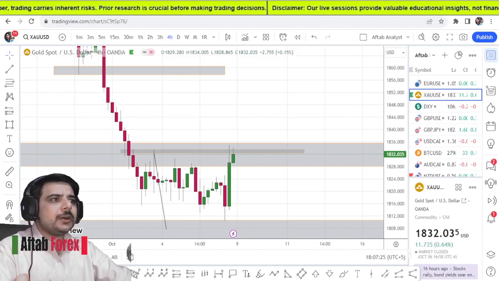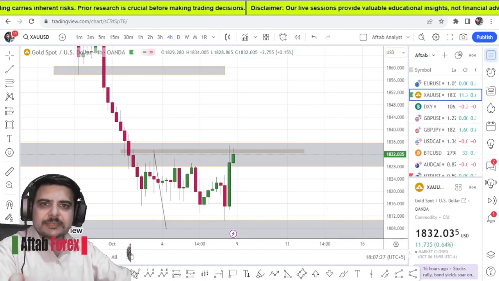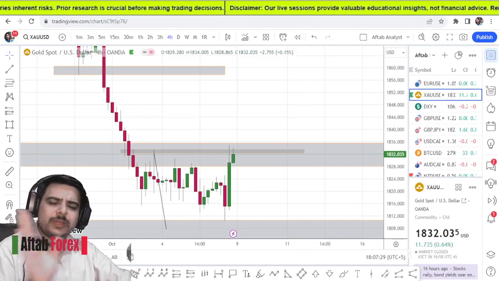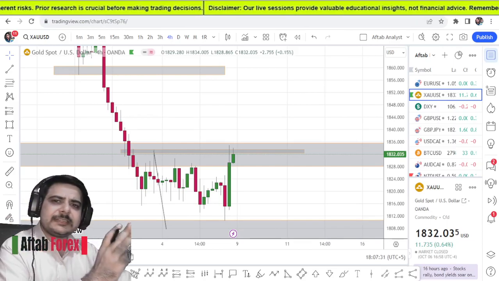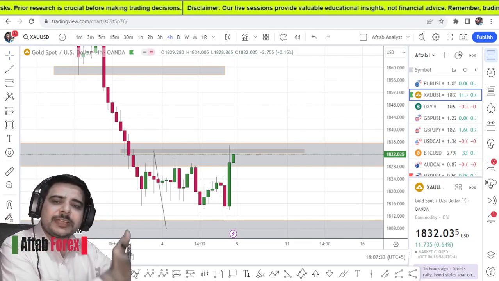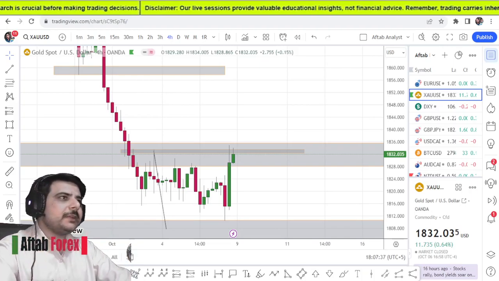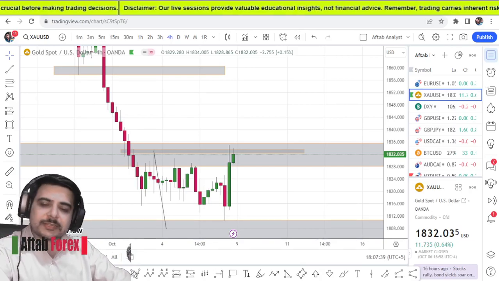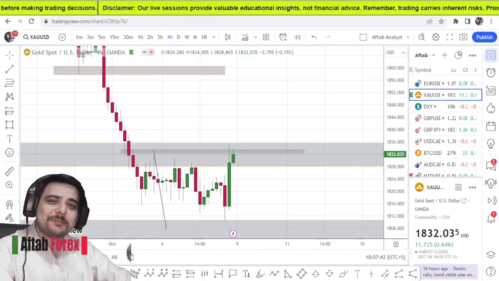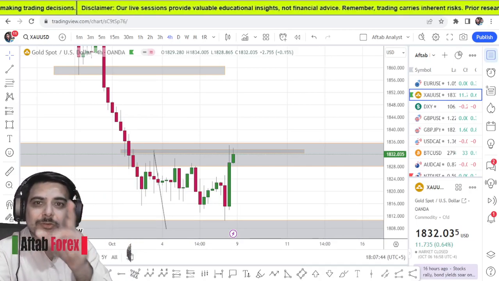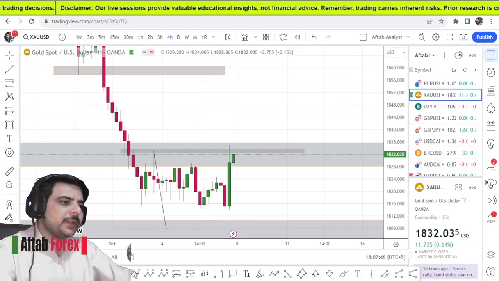So holding buy positions from 1810, and stop loss is way down at around 1730 because I want to take it long term. And in between I will also be planning sell opportunities, because you know I sell and buy at the same time and I make profit, and you can make that profit too.